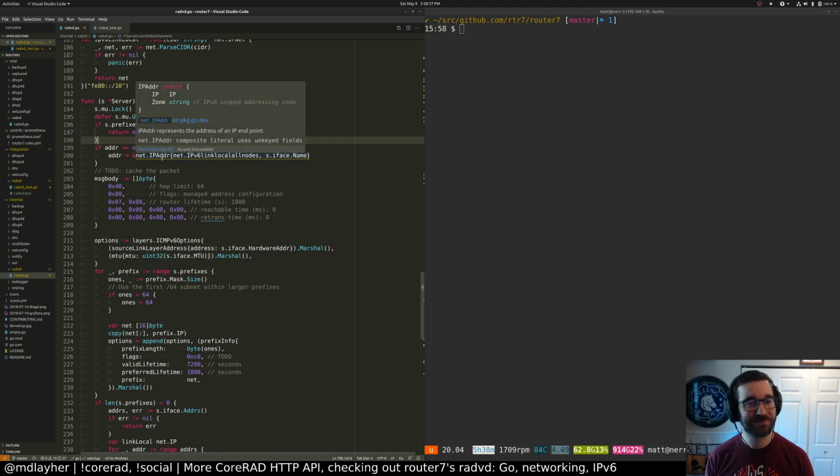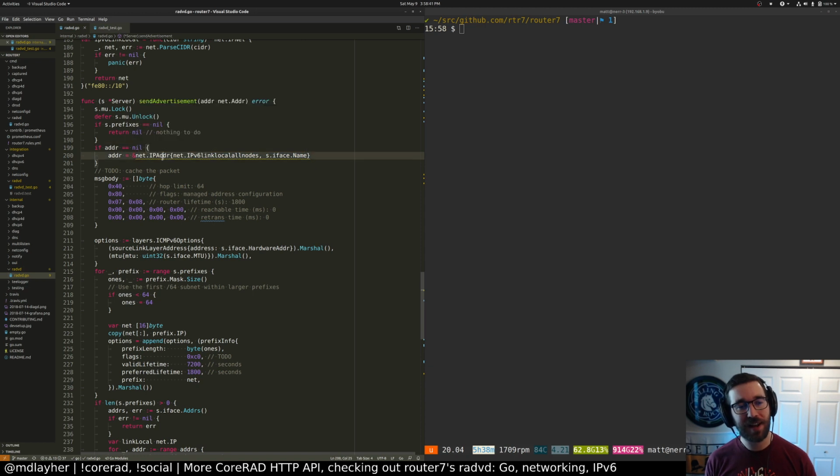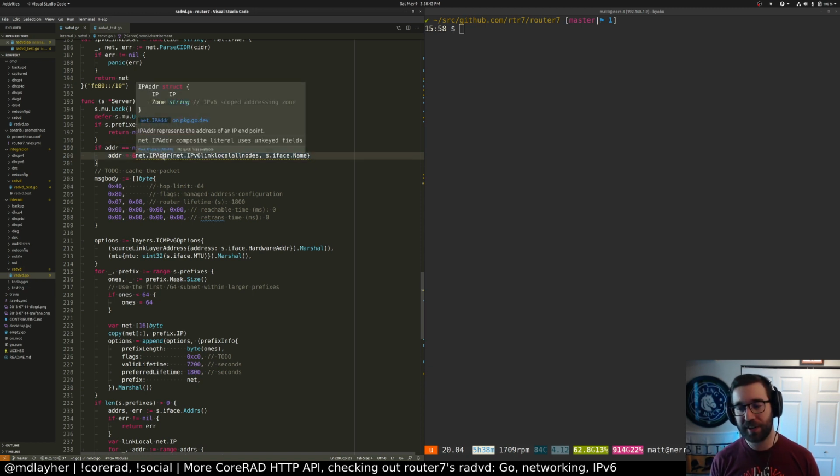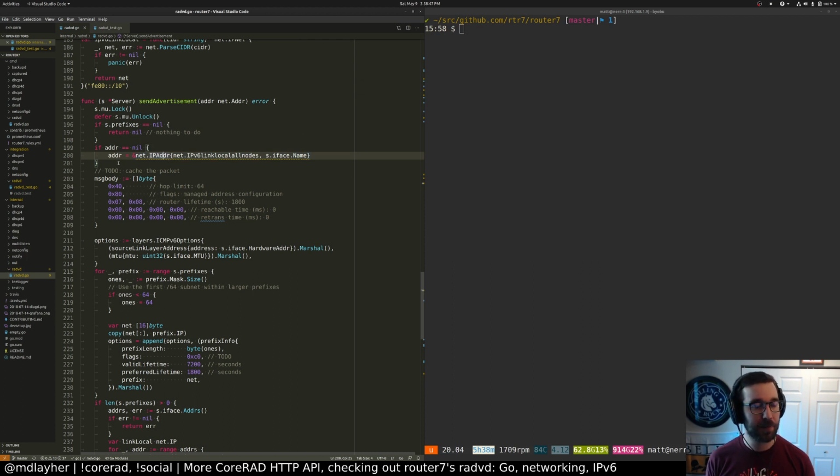Too funny. I could have sworn I didn't think vet actually warned you about unkeyed fields. I thought that was a stylistic thing. I mean, I like keyed literals anyway, but